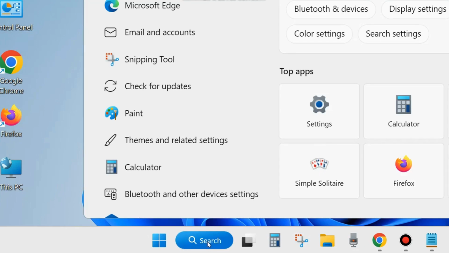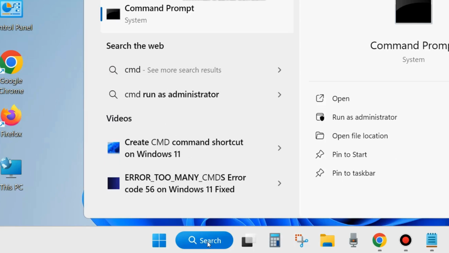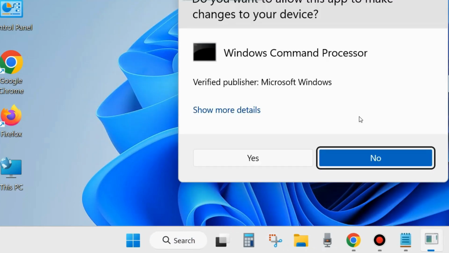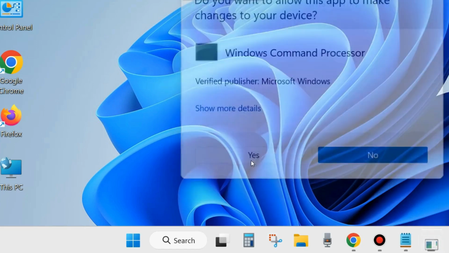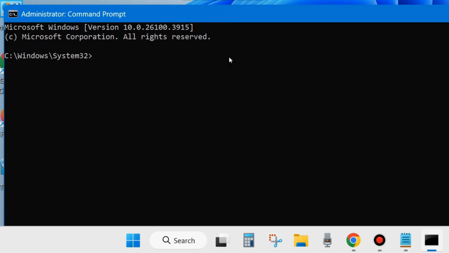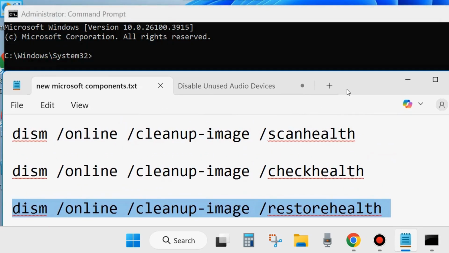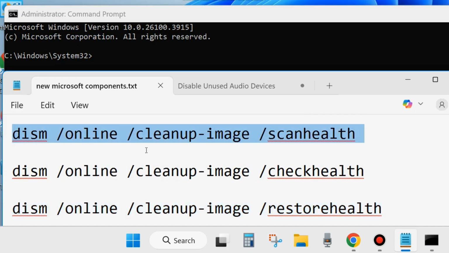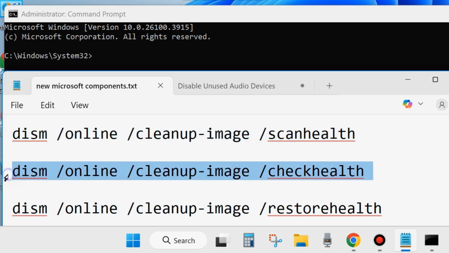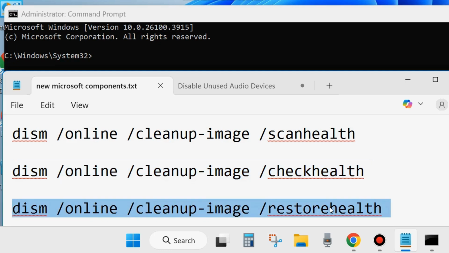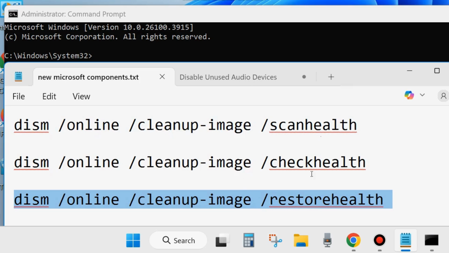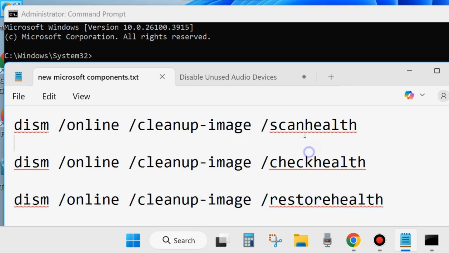Go to Windows search and type CMD and open command prompt windows. Run as administrator mode. A pop-up window will appear. Choose yes and in command prompt windows execute the command as shown on a screen. These three DISM tool one by one. DISM online cleanup image scan health, DISM online cleanup image check health, and DISM online cleanup image restore health. Execute all these three commands one by one, followed by enter key each time in command prompt windows, and